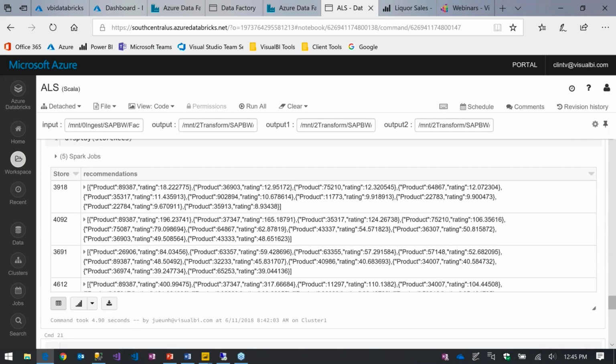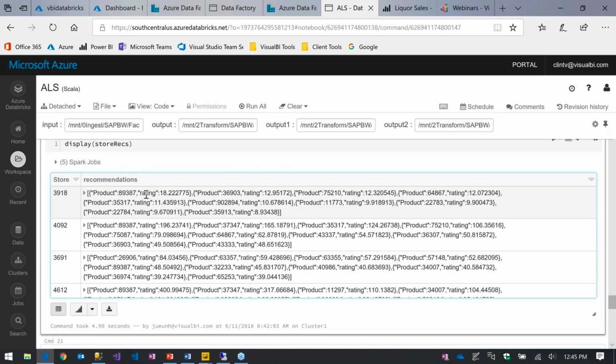So it creates for me this set of recommendations with ratings. By running this machine learning algorithm on it, I can see what products are doing well and what may do well in the future based on the output of this algorithm. Something like that, you could give to your marketing department. Say in the springtime, this store does really well with these products. Maybe we need to launch a campaign. So anyway, I wanted to just highlight there that by having your data in the data lake, things like this are very possible.